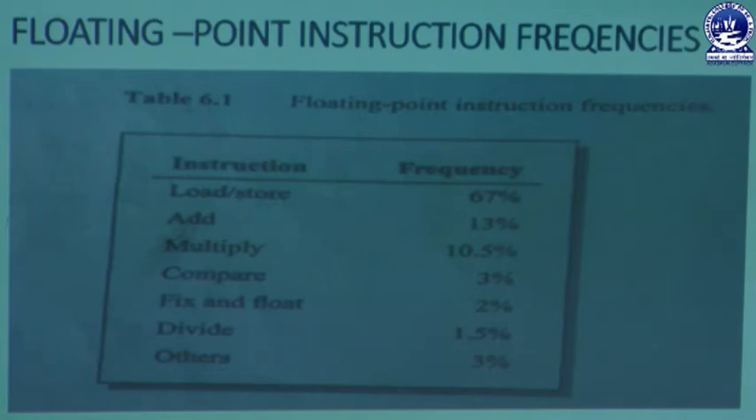So in this case, fix and float of code to be provides frequency levels that show 2%, and the divide of course to be provides 1.5%, and the other instruction of course, whenever we have to execute in case of floating points, here is the frequency levels that show 3%. That means in case of floating point data manipulation, here the